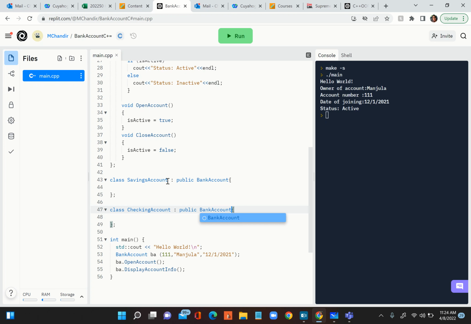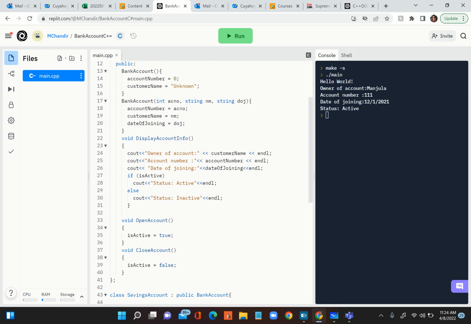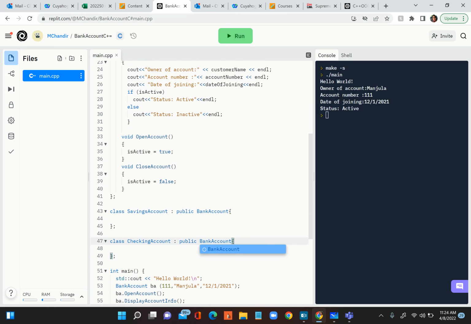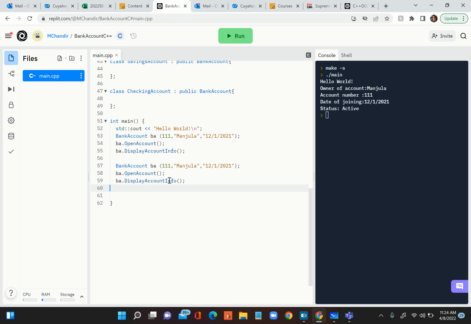So when we do this, immediately all the methods are available for us. We have open account, close account. You should be able to do all of that manipulation. So let's test that theory out. So if I were to do checking account and savings account,